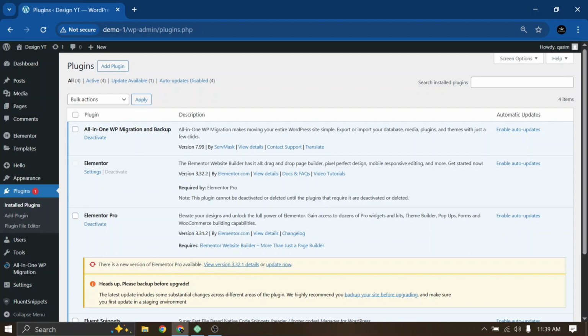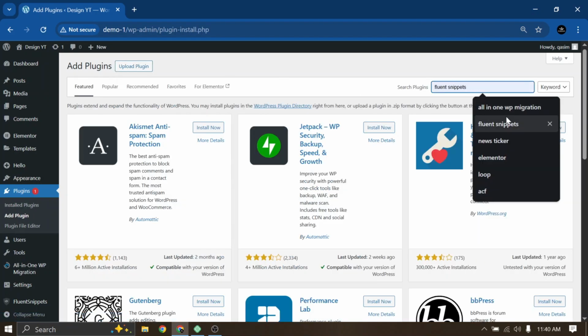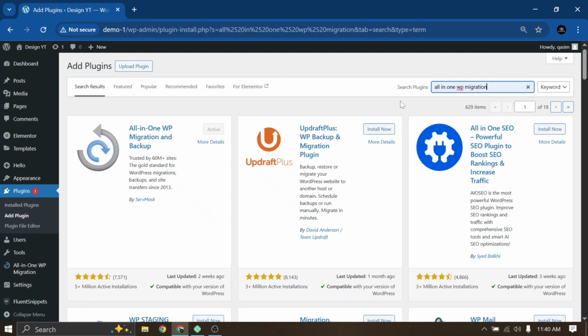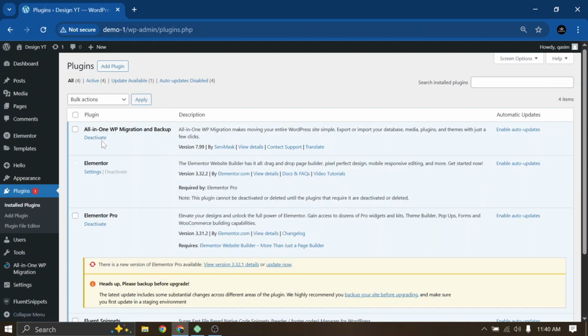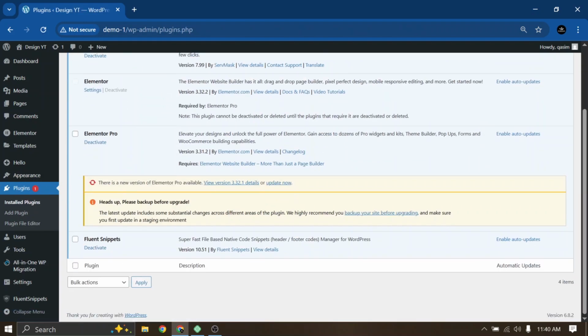This is the plugin that we are going to use for cloning, or you can say migration. You can easily install this plugin by clicking on add new, and here you can search the plugin name. This is the plugin I have already installed. You can see it's active, but for you it will say install now and then activate. You can do it easily. So I have already installed this plugin and I have a few other plugins.